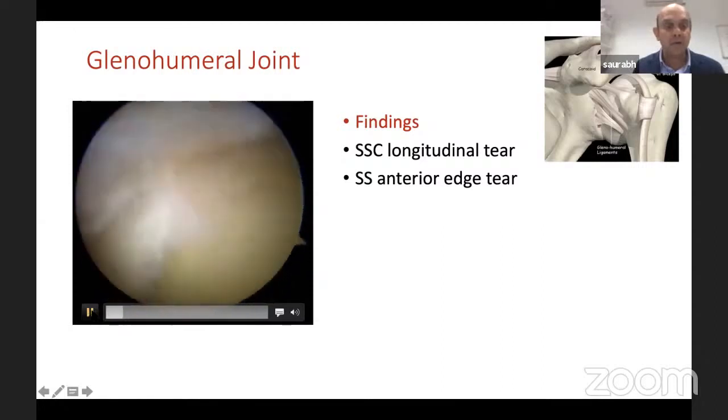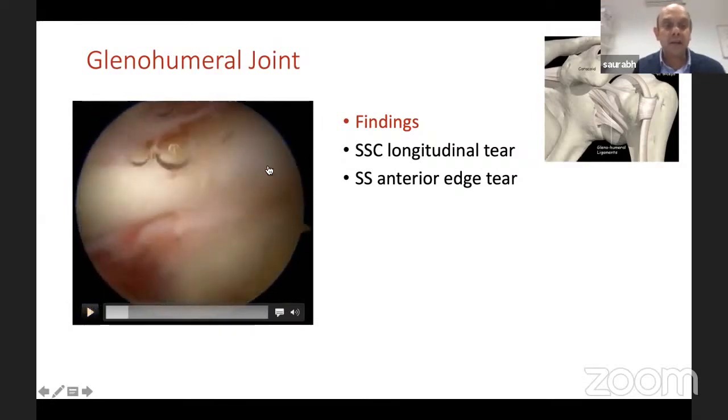But let's carry on. So next step is to go to the superior labrum, and you can see there's a lot of fraying there. This lady was young actually, in her late 50s. And as you see, the superior labrum will take you to the long head of biceps. This is where biceps is attached to the superior labrum, and that's where you will get your SLAP tears. Superior labrum, anterior, posterior.